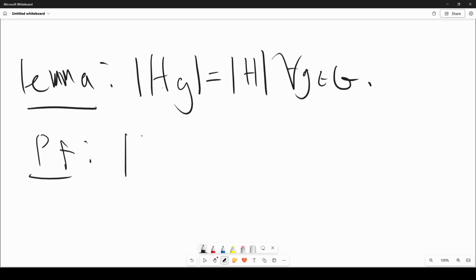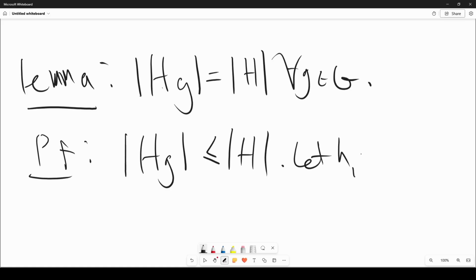Of course, the size of this coset has to be less than or equal to the size of H, because in a sense you're multiplying g by |H| different elements. But the question is, are any of them the same? Multiplying by g might get you the same element, and then you would have less than |H| in size. So we're going to prove that all the elements are distinct. So let h1 g and h2 g be in Hg,